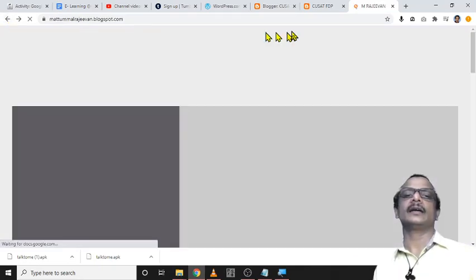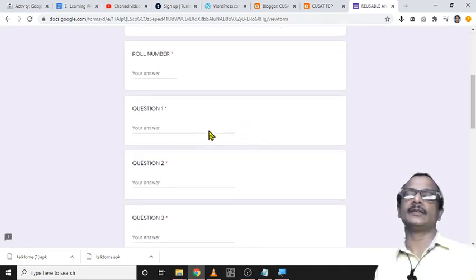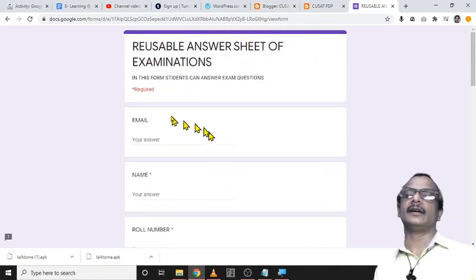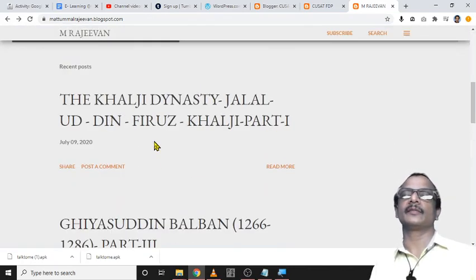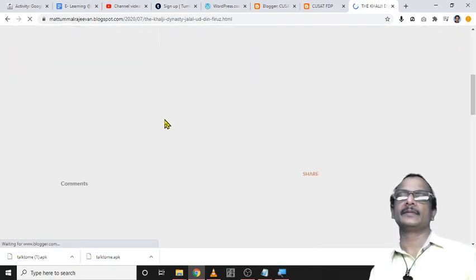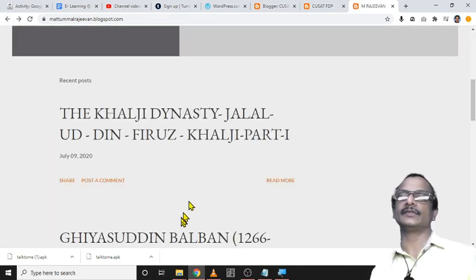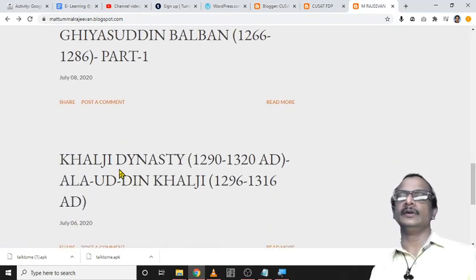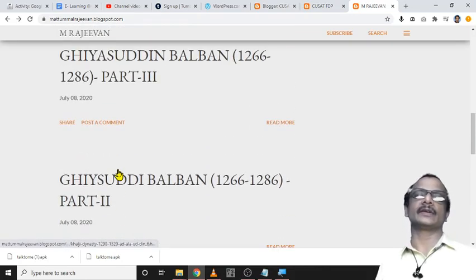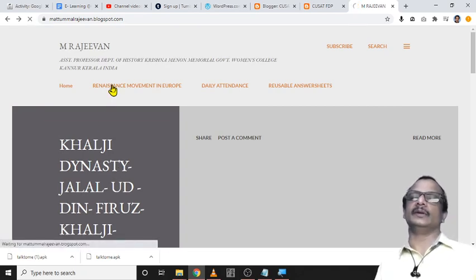See, he adds daily attendance, and he gives an answer sheet, and the students can answer in this sheet if he provides some question papers, and he provides the content in this way. All this content is here. See, his lecture videos are here, and he may post day-wise, July 9, July 8, and so on. In that way, he adds topics here to teach his students. Okay, such things are possible in a